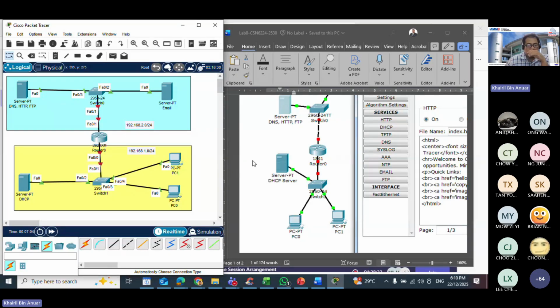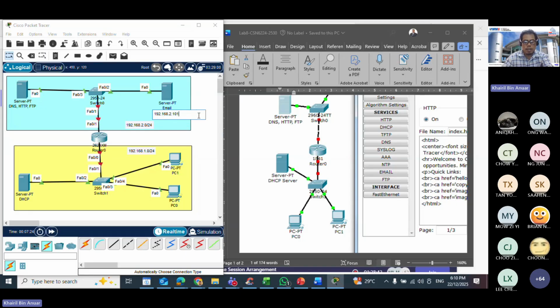Start to identify what the IP addresses would be. For the email server, I choose 192.168.2.101. You can choose any within the same network.